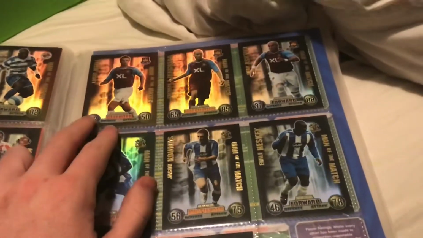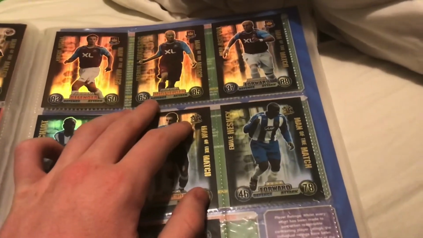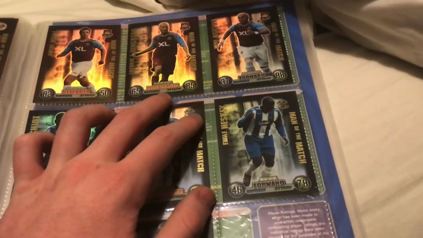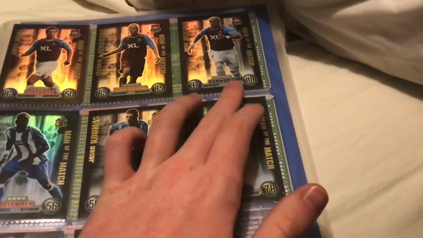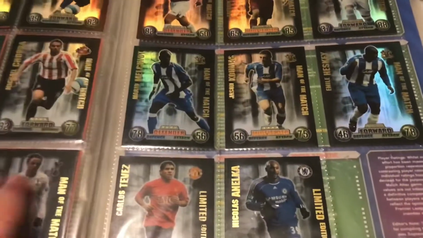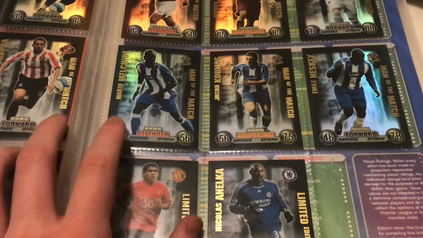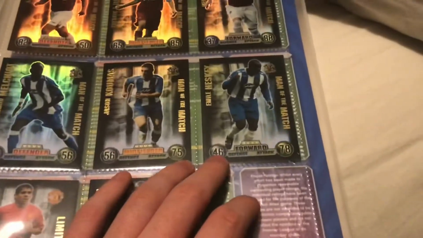Then we've got the last two teams. West Ham, Lucas Neal with 82. Lindenberg with 85. Or is that Ljungberg? Sorry, Ljungberg, not Lindenberg. And Dean Ashton with 88. It's kind of hard to read with the shiny card in the shiny sleeve. And then the last team here, we've got Mario Melchiot with 78, Jason Kumas with 75, and Emil Heskey again